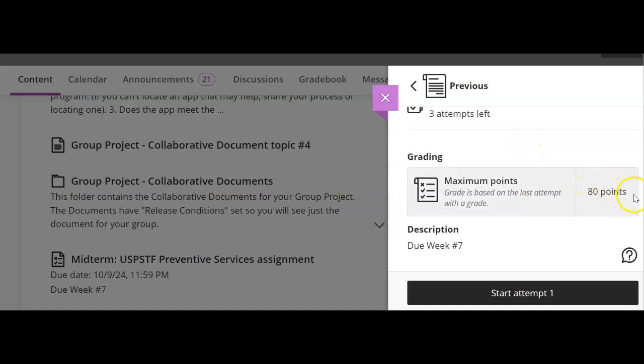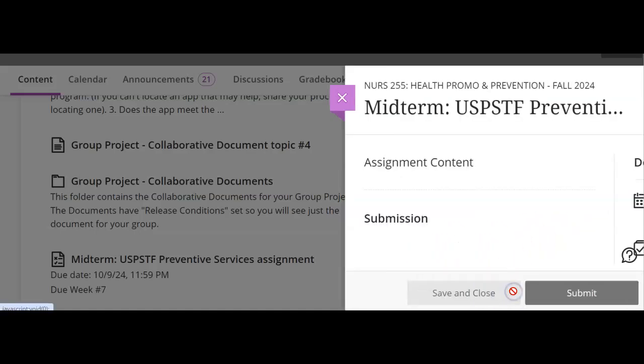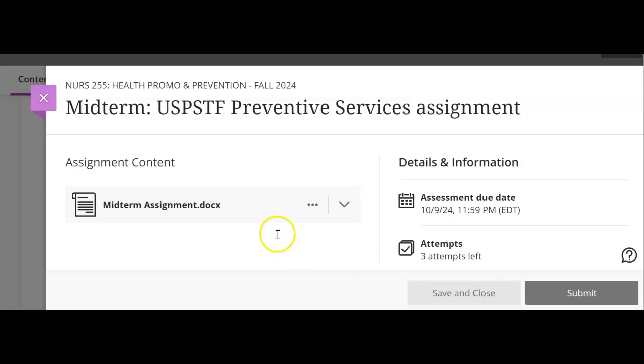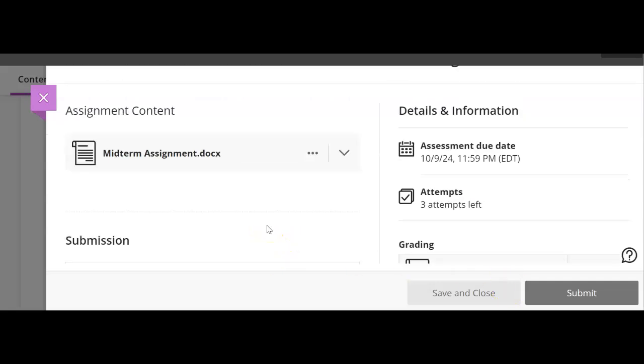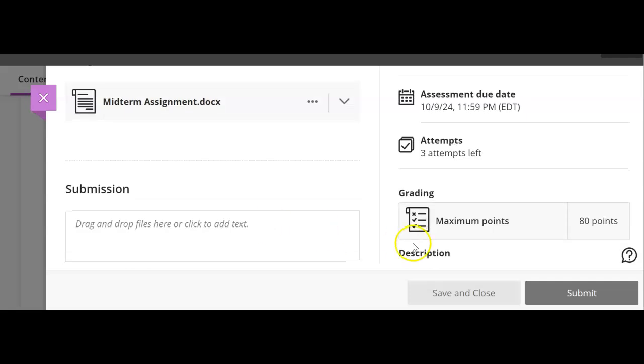Unfortunately, you know how many points it's worth, and that should say week 8, but you're going to click on attempt 1. Until you submit your document, you can click on attempt 1 a million times. If you want to read the instructions, you can click here and download it, but here's where you're going to submit your document.